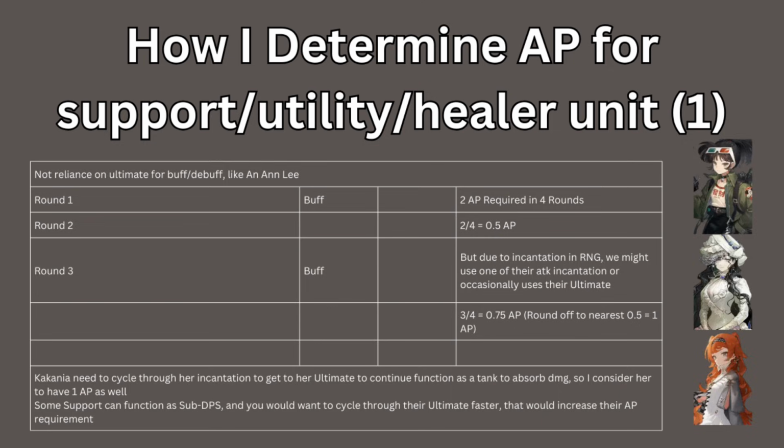Some extra things to be noted here, for example Kakania. Kakania can be played rather passively, she doesn't have to really attack. But once her empathy is maxed out, you need to dump it off by using her ultimate. Which means occasionally you do want to give her 1 AP in order to slowly gain Moxie, and by the time maybe during the 7th or 8th round, she will use the ultimate to dump the empathy. So in that case, I also classify Kakania as requiring 1 AP